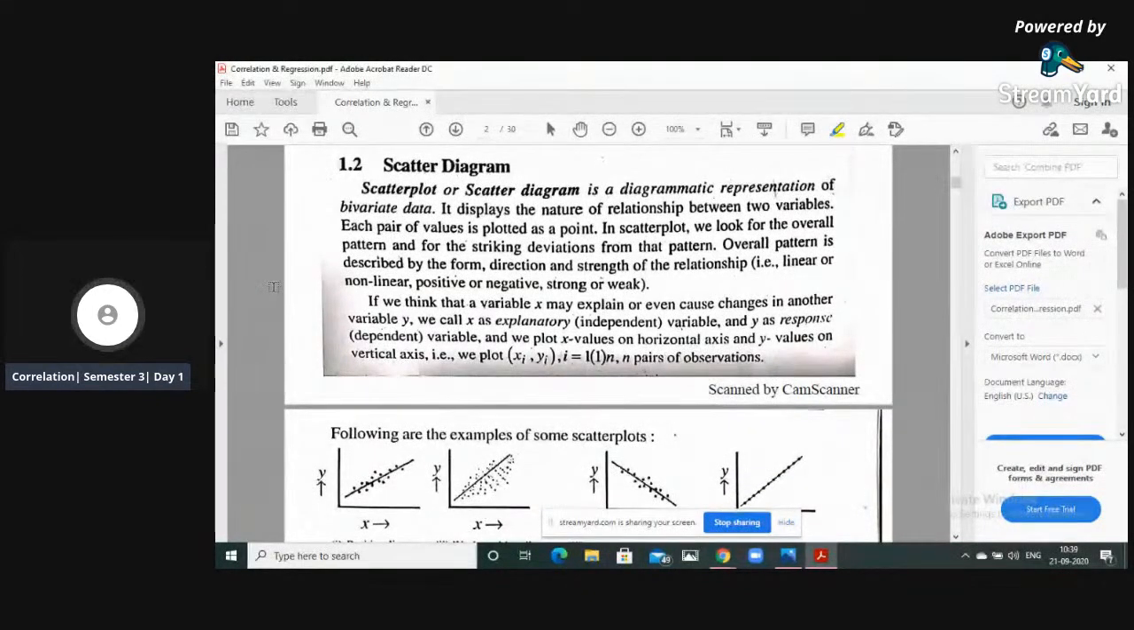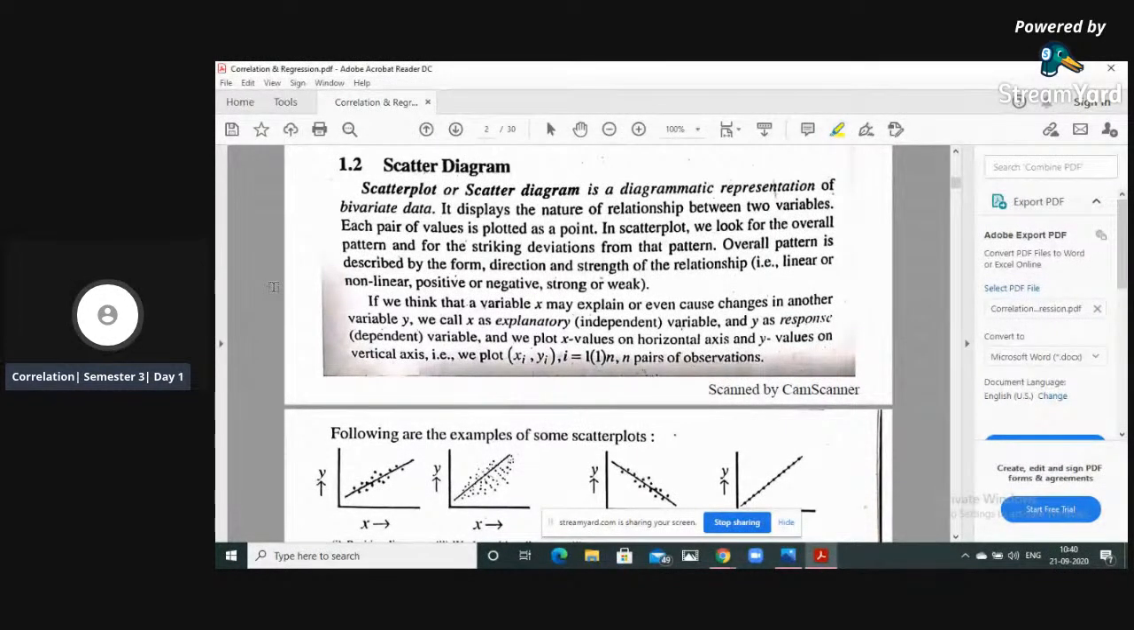Scatter plot or scatter diagram is basically a diagrammatic representation of bivariate data. So the bivariate data, the examples we considered above, if they are plotted on a graph, then it will be known as a scatter diagram. Now, how is the scatter diagram helpful to us? It displays